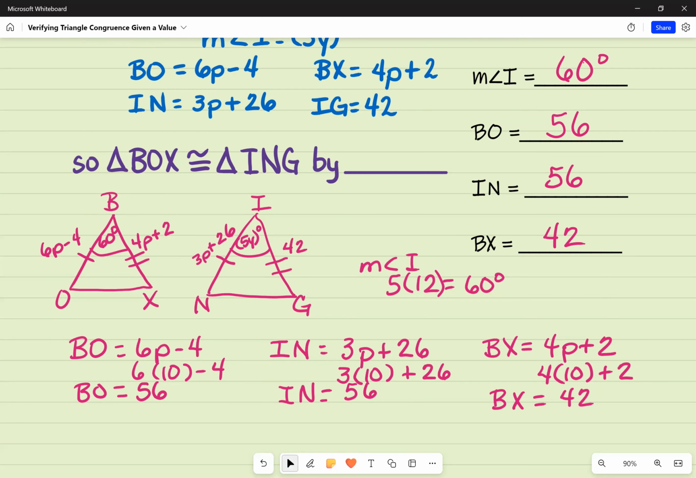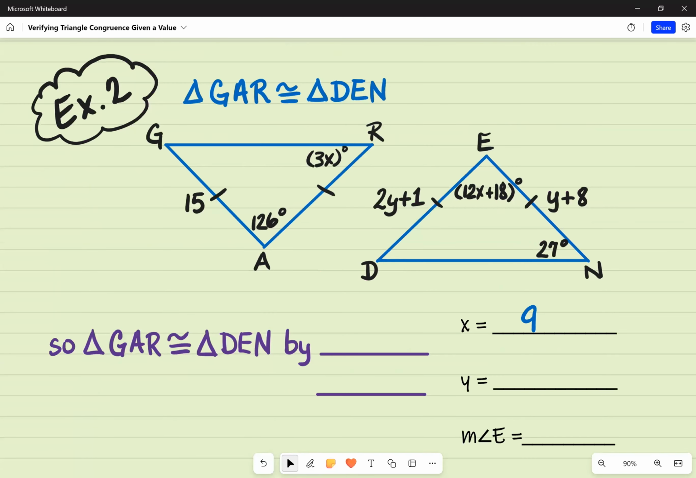So now I can prove that triangle BOX is congruent to triangle ING based off of side, angle, side. And it has to be true for both sides and the angle. So SAS is what I'm going to write in this blank above, side, angle, side. That's what that means. For example 2, I now have figures shown and I still have my congruency statement,